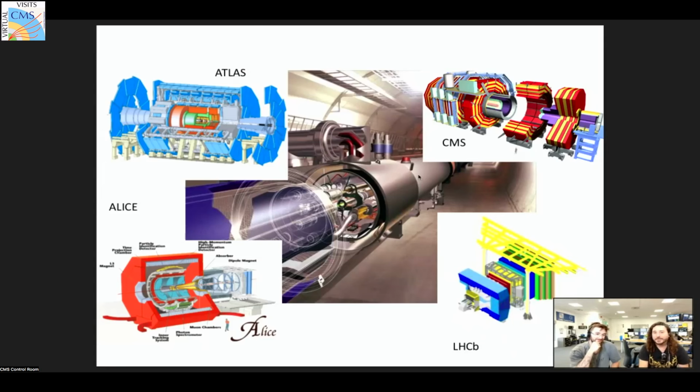And then ALICE and LHCb do more dedicated analyses and physics. So ALICE actually focuses on the heavy ion analysis. So actually at the LHC, we can collide protons together, but at certain times of the year, we can also collide heavy ions. So for example, we can take atoms of lead, strip all the electrons, and then we circulate the nuclei of these lead atoms, and then we can collide them. And that's super interesting. We also study this in CMS, and we also try to compete with the ALICE collaboration on this.